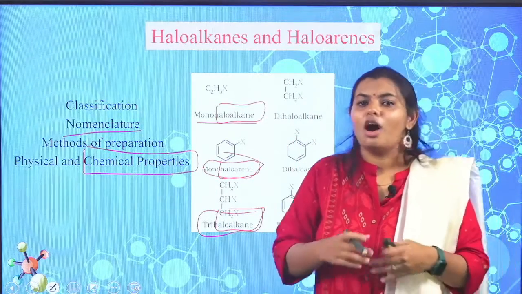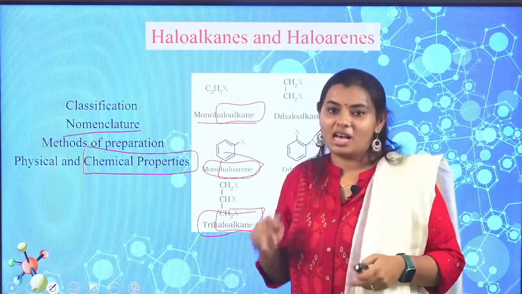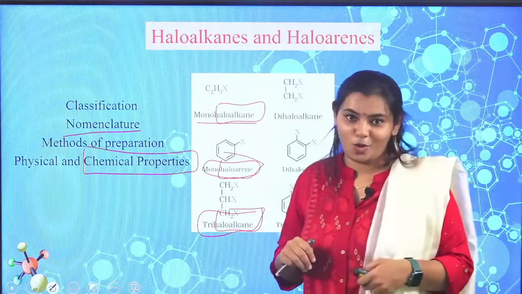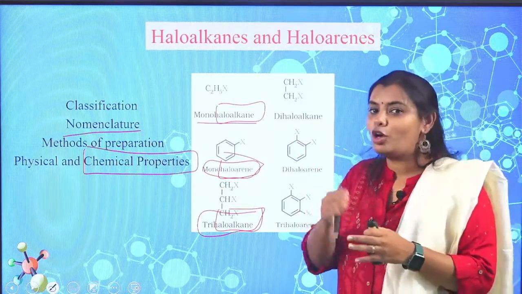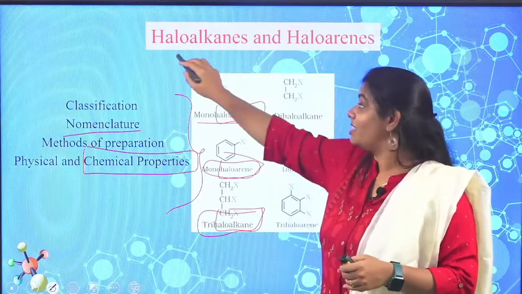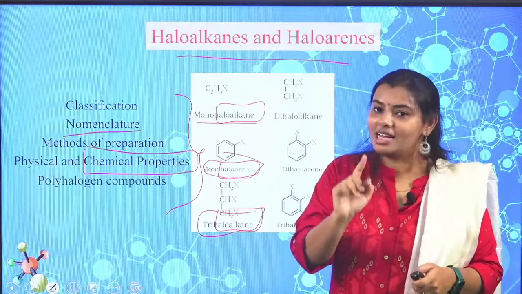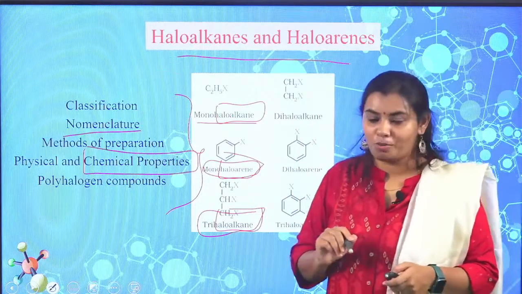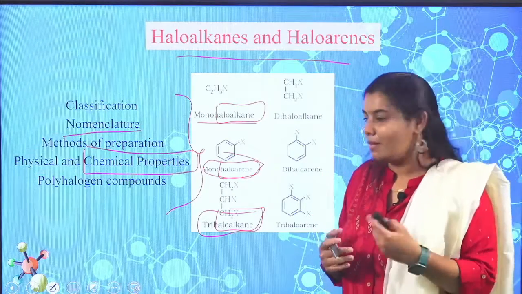Many questions, okay, almost the 5 marker, the entire named reactions will be asked over here. Synthesis will be asked over here. So it's very important, the chemical properties. A few chapters, as I told you, after this, we'll just be having these topics only, but just the chapter name will be changed. And here especially we have polyhalogen compounds. We'll study about polyhalogen compounds also in a little more deeper manner.